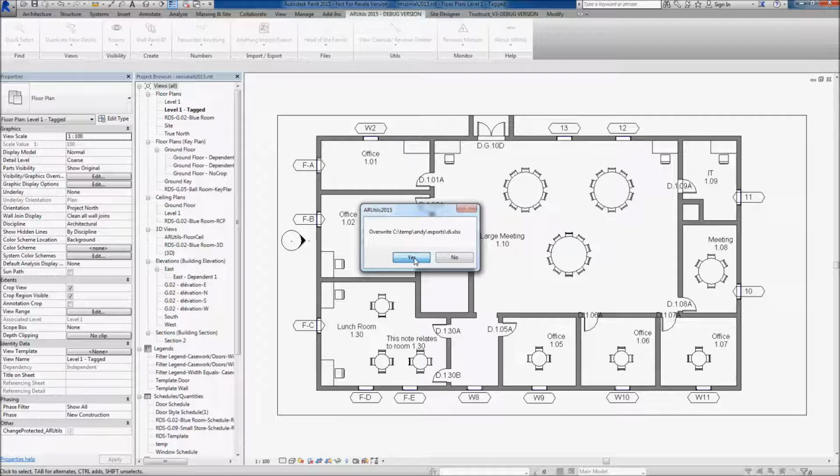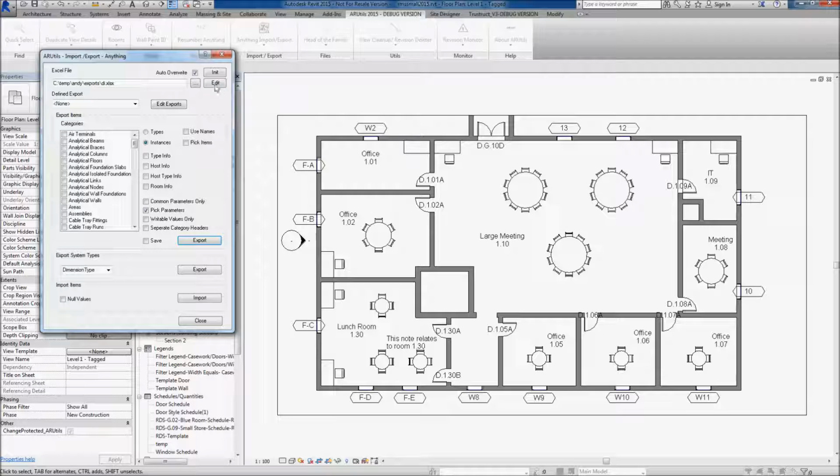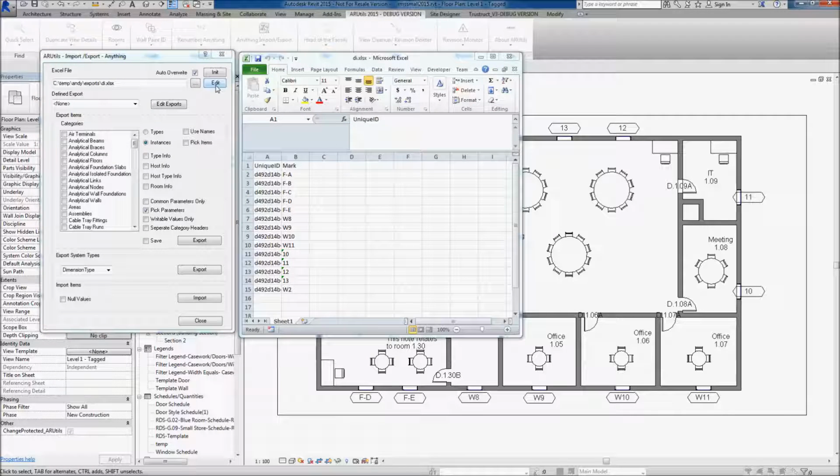We'll just overwrite this file. It's a temporary sort of file. And we can click edit. And you'll see now that we've got a range of unique IDs as well as our marks. So let's just say we want to make it W1, and hopefully the benefits of Excel will give us all of these values. We'll save that off,